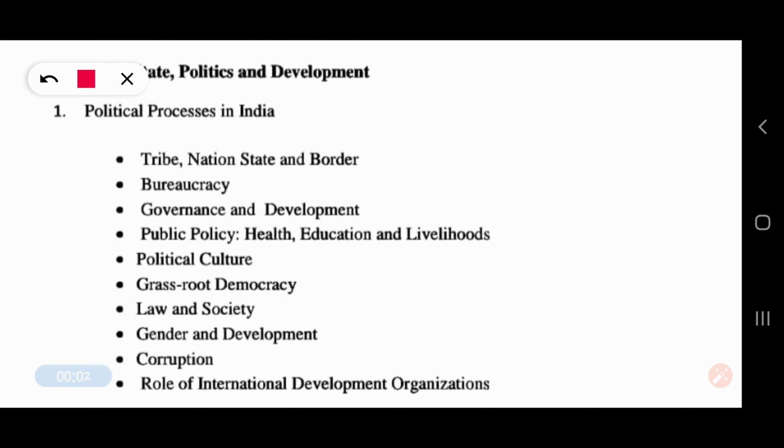The fifth unit of your syllabus is State, Politics and Development. Now this is a relatively new introduction in the syllabus. So here you will have to learn about political processes in India, and under it you have the concepts of